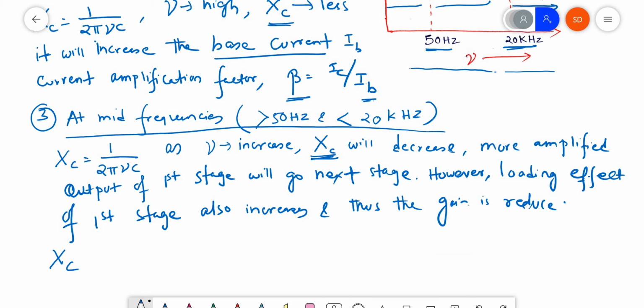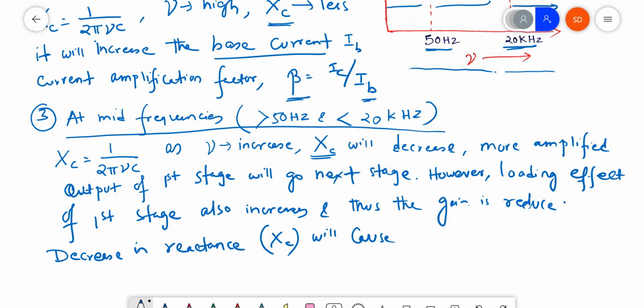So we can write here: decrease in reactance, that is Xc, will cause increase in voltage gain,